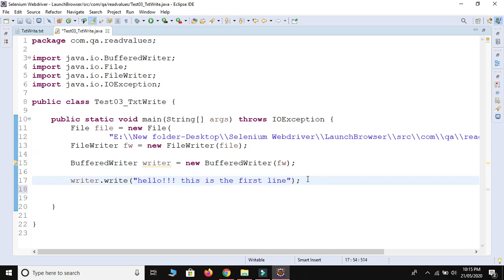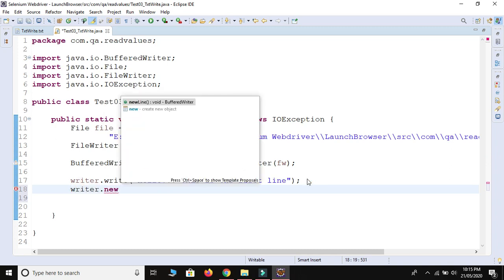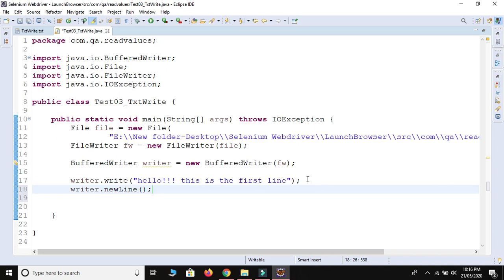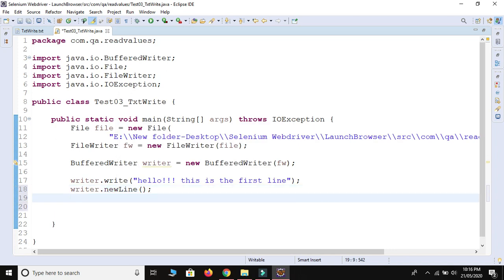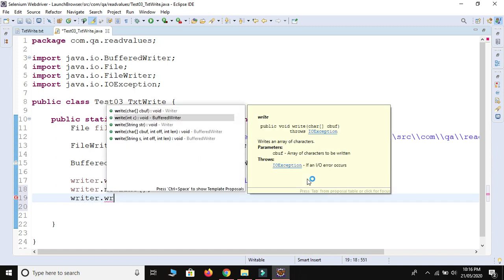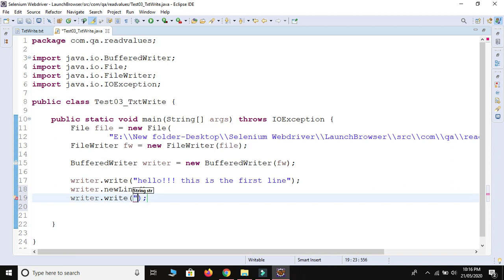After writing the first line I need to jump into the second line, so I will write writer dot newLine. newLine is a method. After jumping into the new line I will write something with the writer dot write method, and I will write this is the second line.